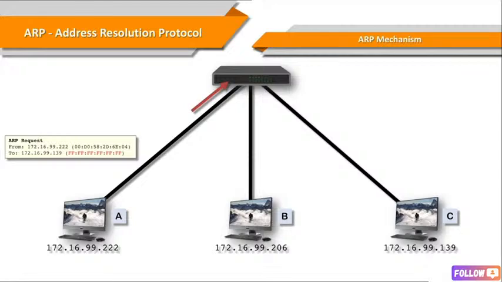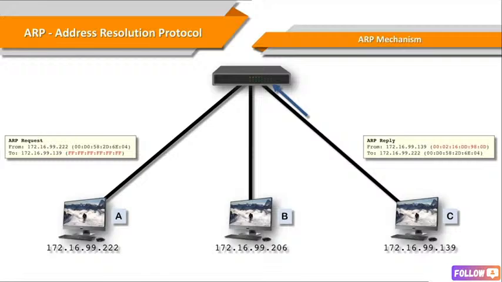Essentially what it's saying is, who has computer C's MAC address? Of course, because it's a broadcast, every system on the network hears it. Does everybody respond? Well, what happens is that B hears that A is looking for the MAC address of computer C. B knows that it's not computer C and therefore does not respond to the broadcast. The broadcast, the ARP request, goes out to every system, but the only system that will reply is computer C